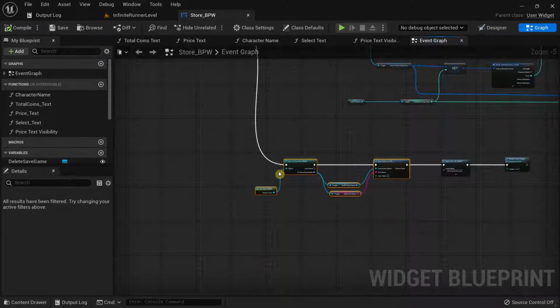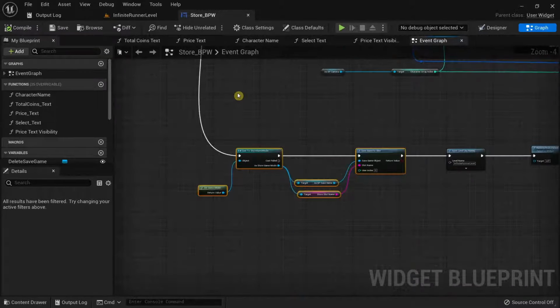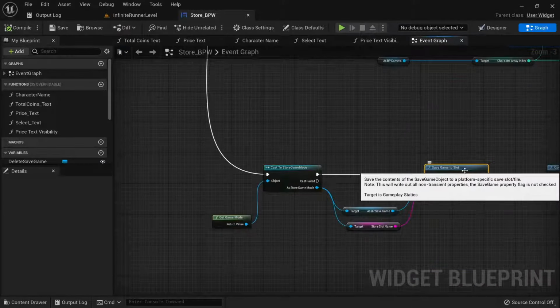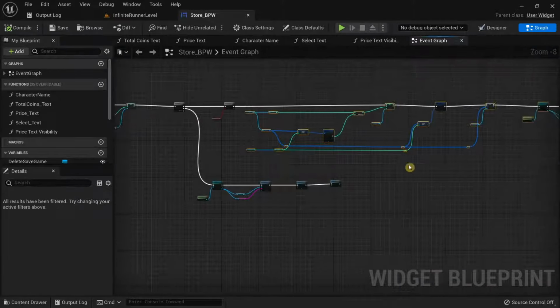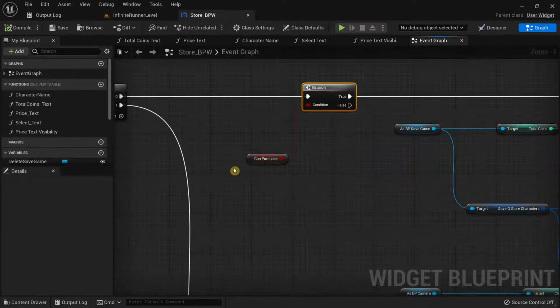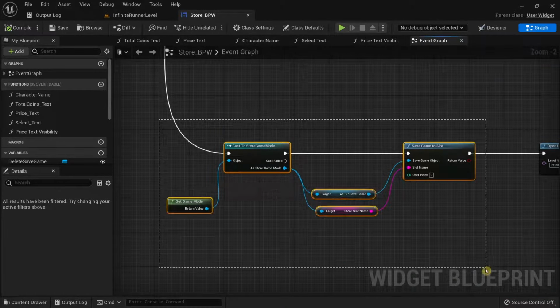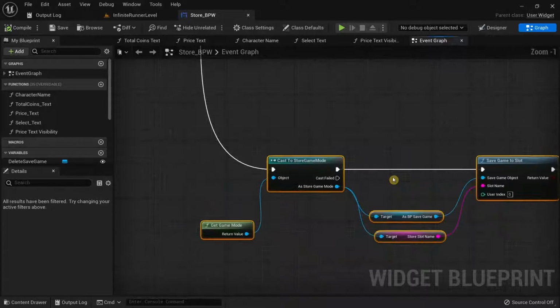If you don't do this, you would actually have a bug in your game where after you purchase a character and then you go back to the store level to choose another character, say for example the male runner, then you won't be able to actually use that because we are not able to actually save the SaveG character index into our slot over here, because this section over here will only get executed if our character can actually be purchased, which is determined by this node over here. So you need to add these nodes in the second execution pin of our sequence node to actually fix that